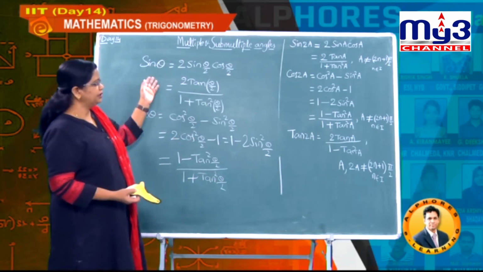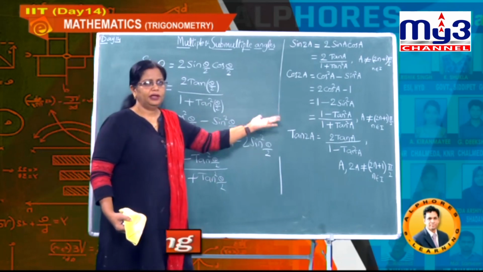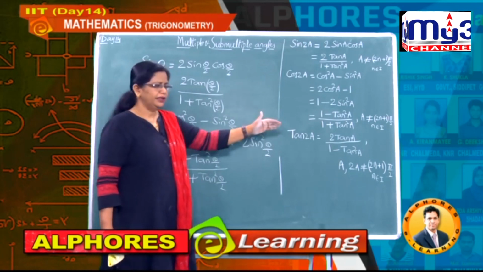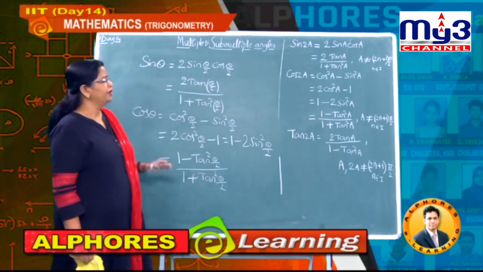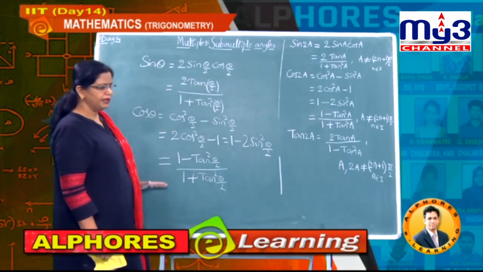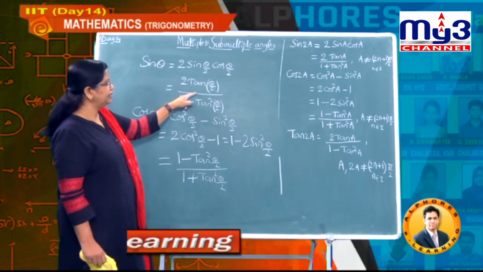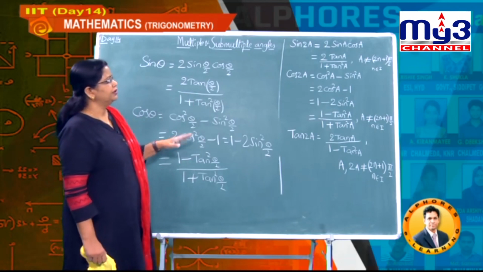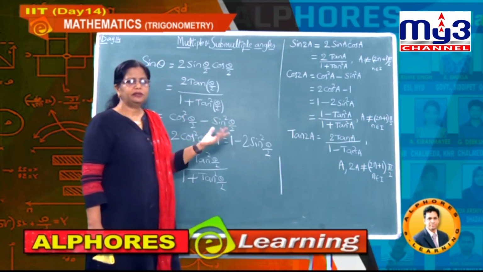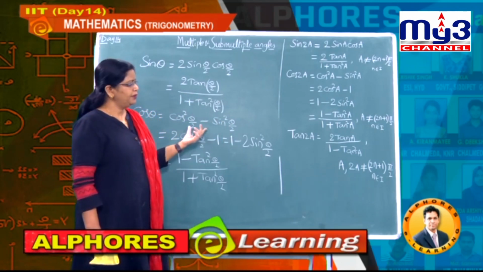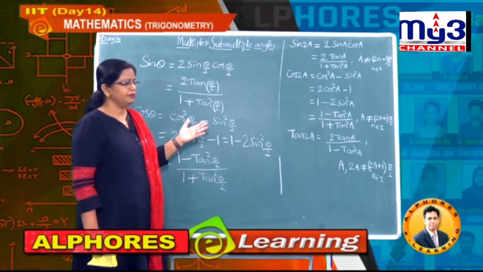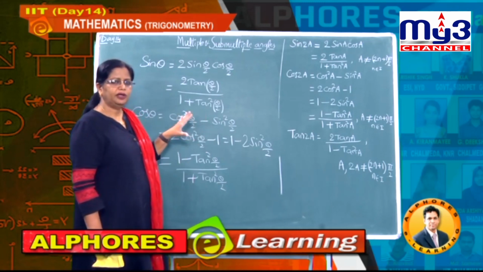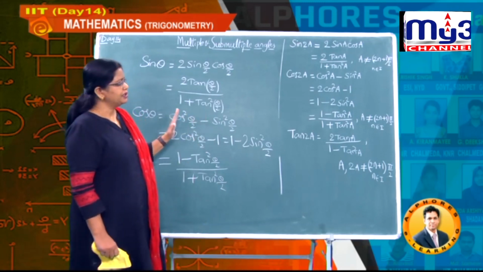Okay. So in the same way you can write even tan theta equal to how much? 2 tan theta by 2 divided by 1 minus tan square theta by 2. So students, these are the formulae of submultiple angles. Wherever tan is there, again domain conditions we have to follow. Okay. So don't panic while seeing these many formulae. As I told you already, if you keep on doing so many problems many times, then you will be thorough enough with all these formulae. So just don't panic.